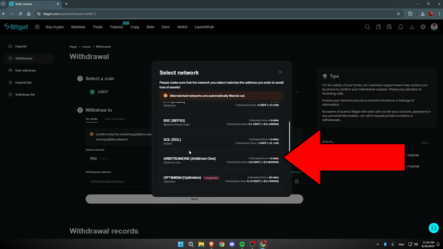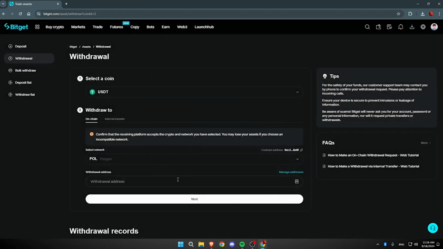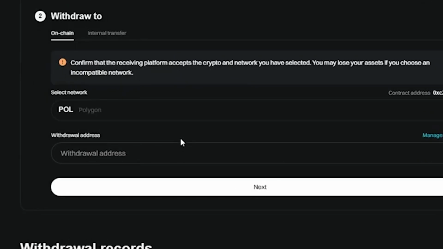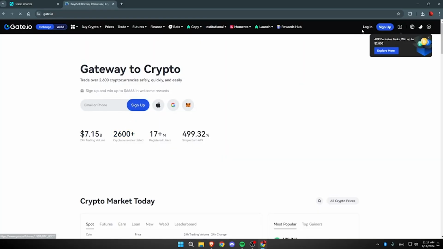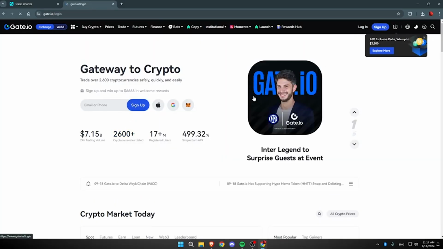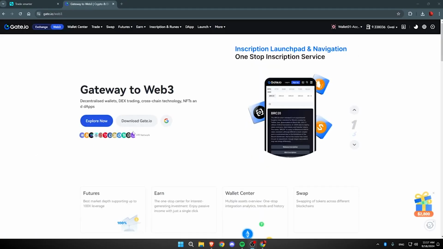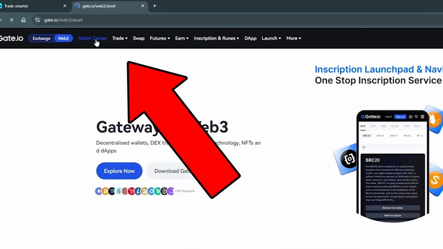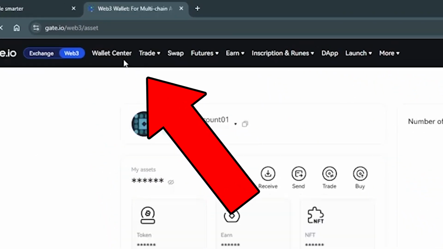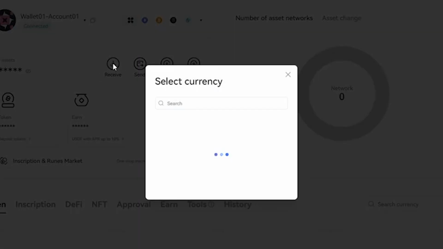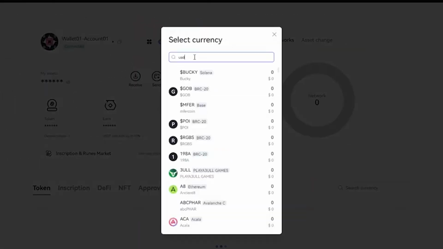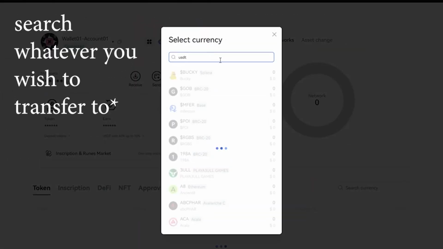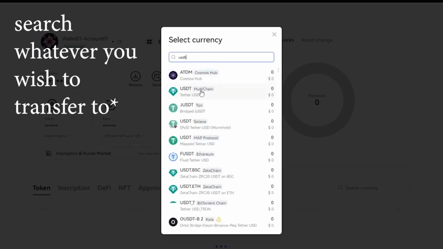And let's just say I want to choose POL, and you can also choose the withdraw address, which you actually have to do. And how you get the withdraw address is you go to the gate.io website. And once you're on the website, you just want to sign in. Go into Wallet Center in the top left-hand corner of the screen, click on receive, and you can choose the currency that you're trying to receive. Just type in USDT like so if you want to receive that, click on it,